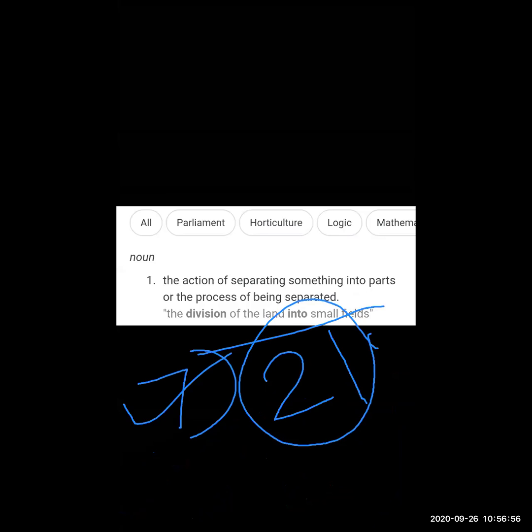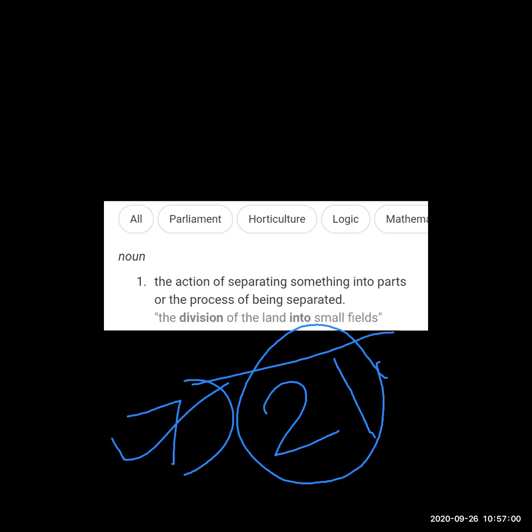The table of 7. You want to learn: 7 ones are 7, 7 twos are 14, 7 threes are 21. So what do you want to write here? Write 3 on top. 7 threes are 21. You want to draw the line here. After that, the minus sign and 0.